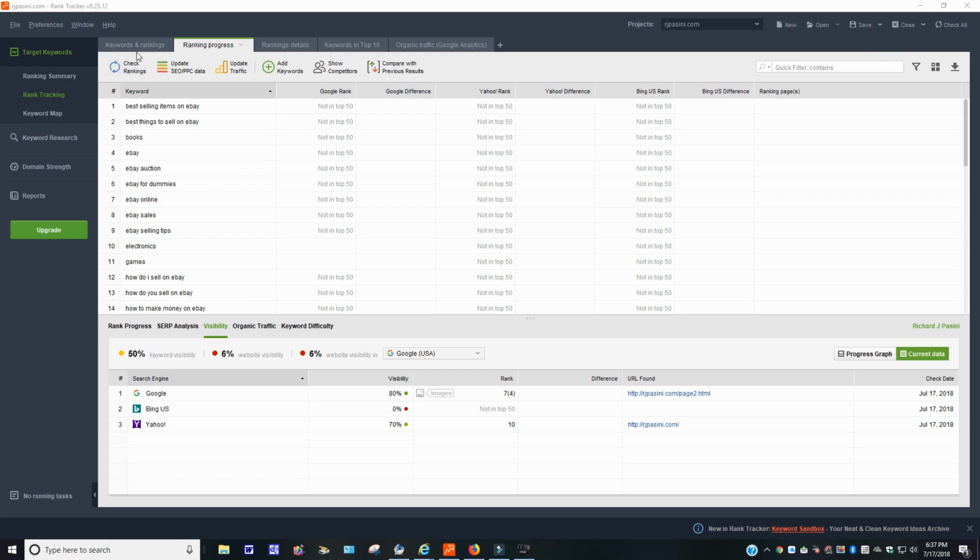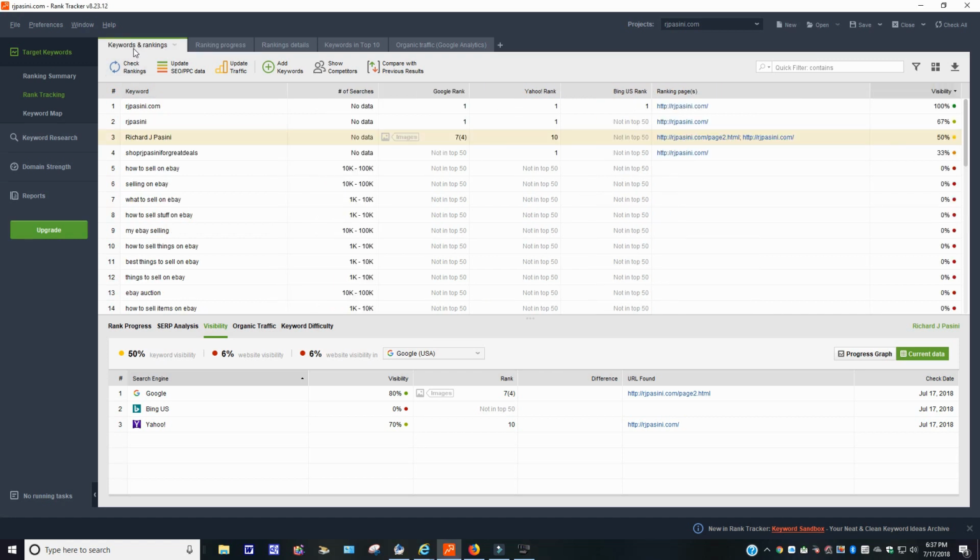And you could click through certain things here, like you go through the keyword rankings, which is a nice feature too, I guess. Like it says over here again, for the top one here, Rjpasini.com, no data, Google rank 1, all right, first place, well, whatever. Ranking page is the same thing, 100% visibility, okay? So it'll give you things like that, and it'll tell you the searches from 10K to 100K